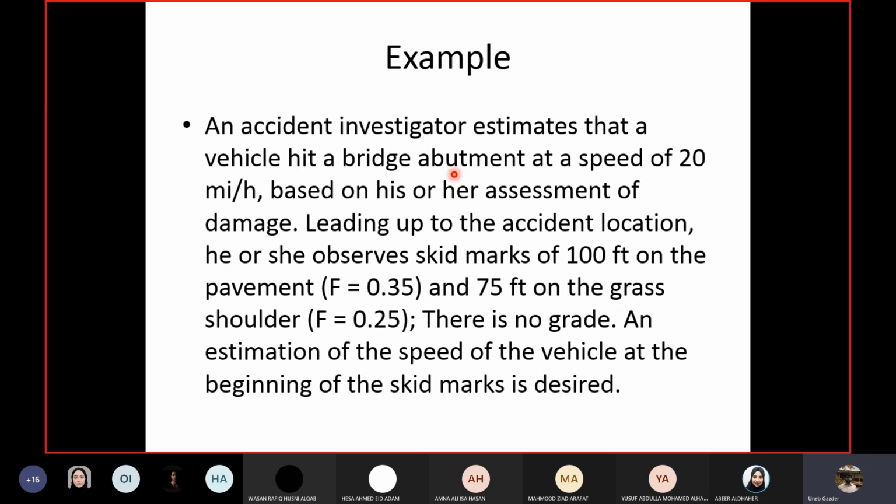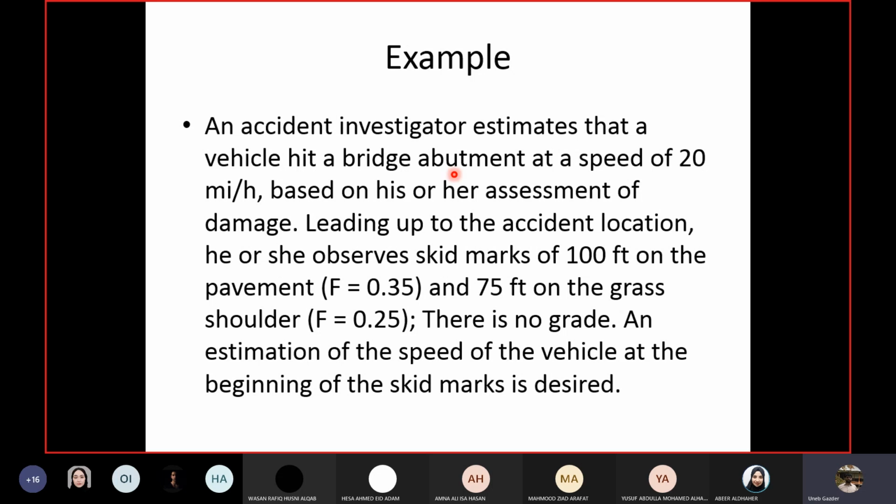If you search on YouTube, you will find videos where manufacturers do these experiments, showing how much damage will be caused to the vehicle at different speeds. So using those experiments, they have developed a method by which they can calculate the speed of the vehicle based upon the damage at the time of impact. Using those methods, they estimated the final speed of the vehicle to be 20 miles per hour.